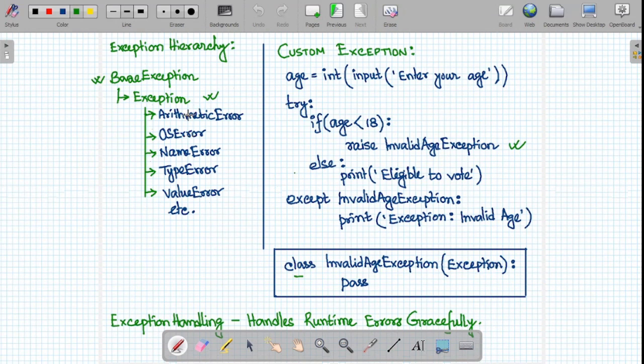That means Python is giving you an out-of-the-box solution to handle all these kinds of runtime errors. Apart from built-in exceptions, a programmer can create a custom exception. In this example, we will see what is the use of a custom exception and how to create a custom exception